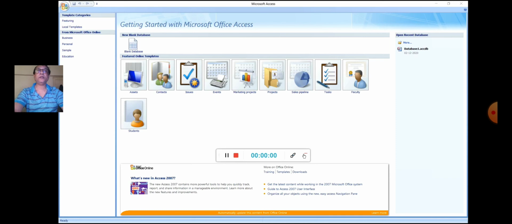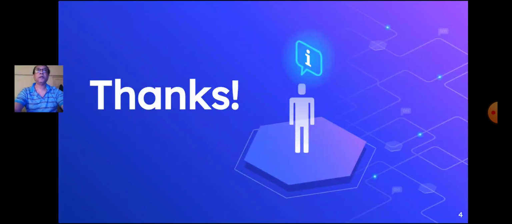So students, in our today's class, we have learnt about what is a query and setting up a relationship between tables. We shall continue with the chapter in our next session.